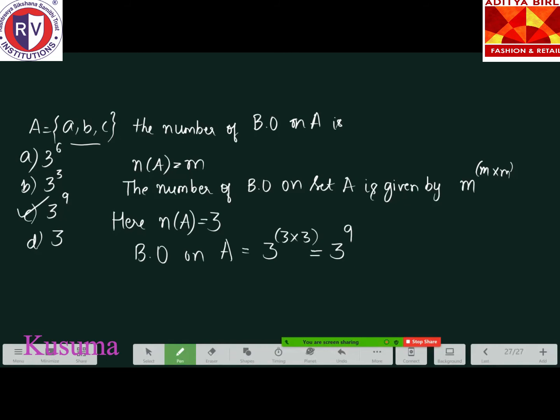So this completes the questions on relations and functions. I have finished all the questions from the year 2015 and above. Okay. If you have any sort of doubts, you can ask me. If not, we will move to trigonometry. No doubts? No, ma'am. Fine.